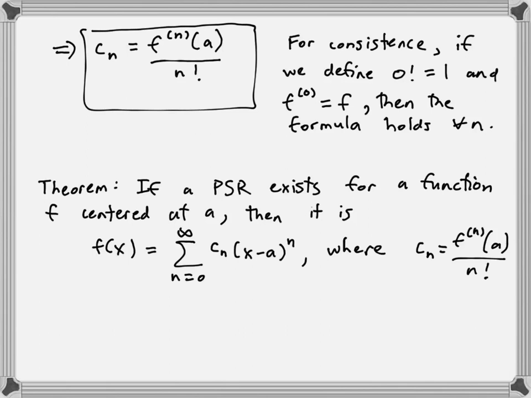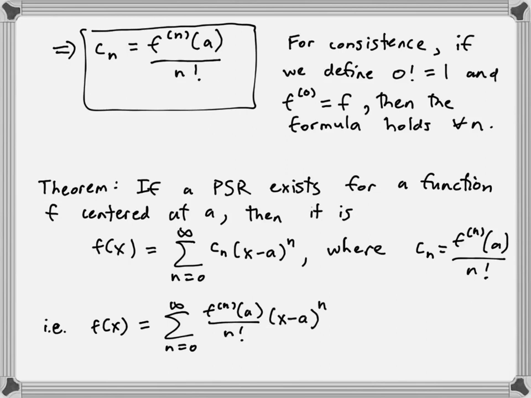So if we were to write this all out, another way I could write this, i.e. f of x is equal to, another way we could write this with one single formula is just to take the Cn's and replace it. It looks like this. So that's what we get. And how would we write this out in terms of, let me write this out in the next line. So expanding, this becomes,